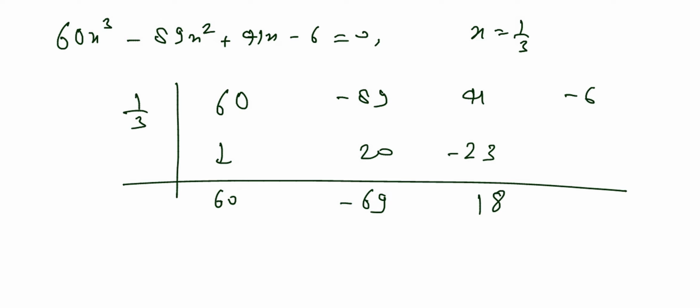So we are left with 18, and now 18 is multiplied with 1 divided by 3, so this will be 6, and we are left with 0. If the remainder is 0, that